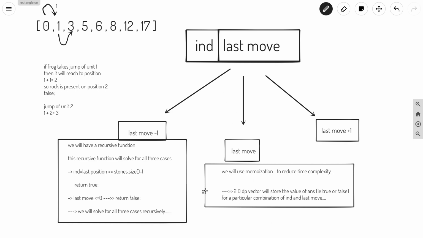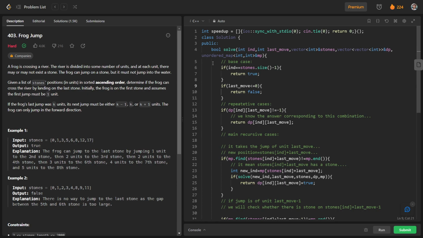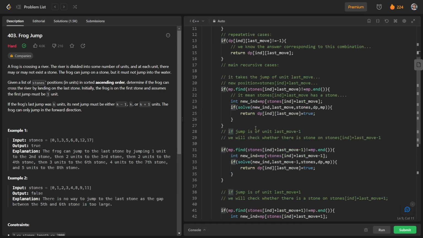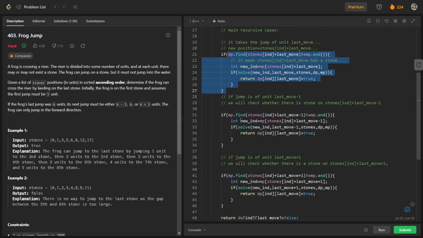This is our recursive function, and in it our base case is that if the position is equal to stones.size minus 1, we will just return true, or if last move is less than or equal to 0, we will return false. And if we already know the value for any combination, we will directly return it, and otherwise we will take these three cases recursively.